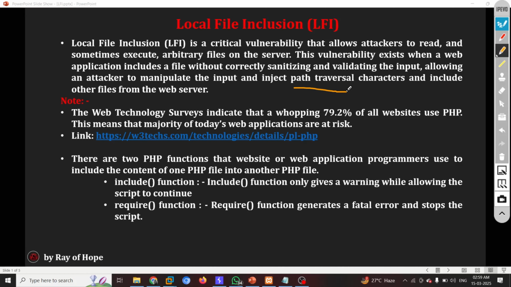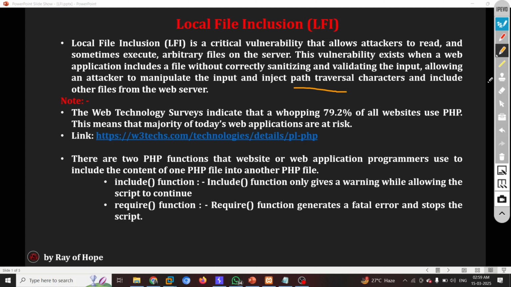The payload you inject will be using path traversal characters only, like slash etc slash passwd or hosts or anything. Those are path traversal characters only.